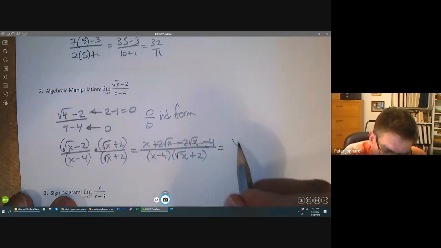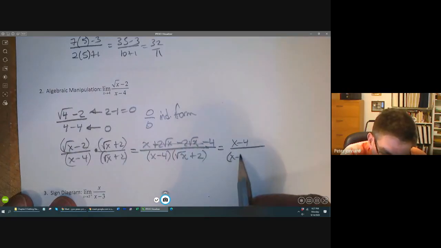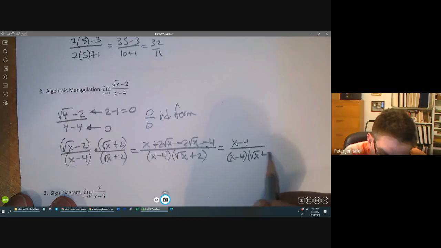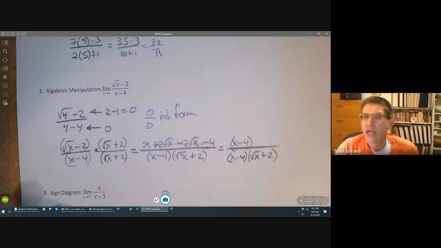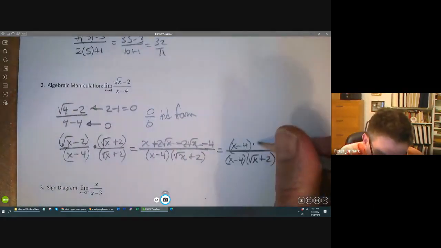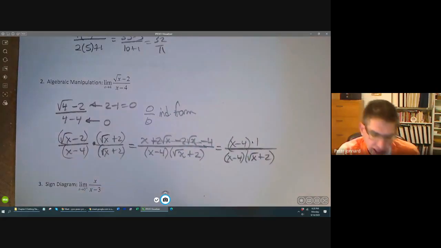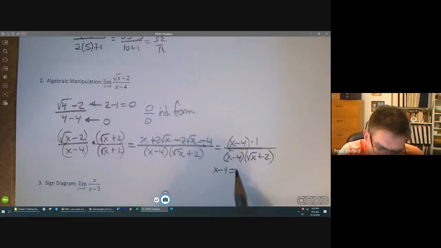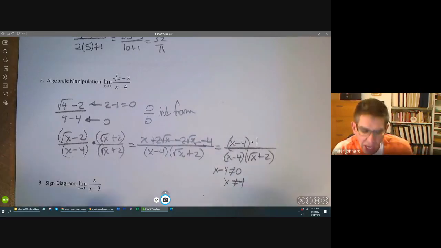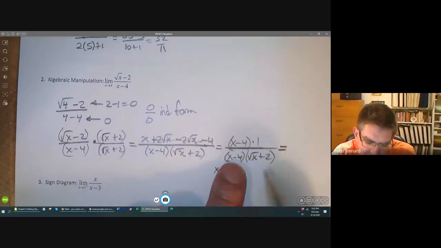And I end up with x minus 4 over x minus 4 times radical x plus 2. And if that's the case, you can think of this as being multiplied by 1. If that's the case, you can cancel these as long as x minus 4 does not equal 0. In other words, as long as x does not equal 4,